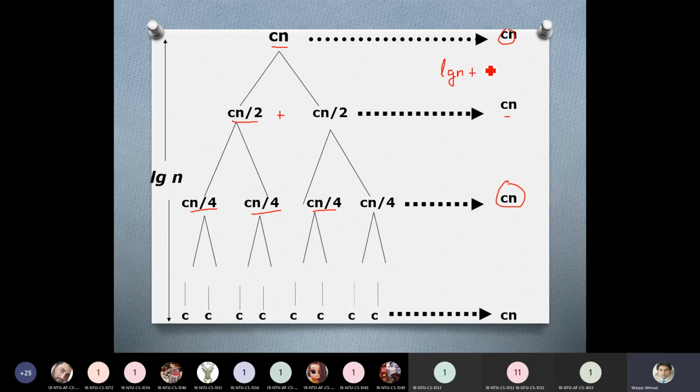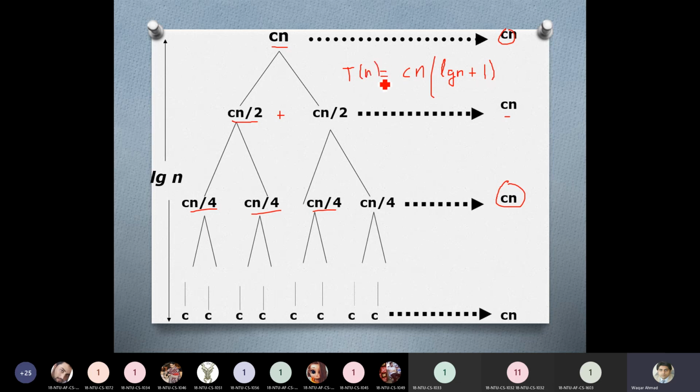The number of levels will be equal to log n plus 1. If the height of the tree is equal to log n, then the number of levels in the tree will be equal to log n plus 1, and at each level the cost is Cn. So we can multiply log n plus 1 with Cn, and this is T of n.